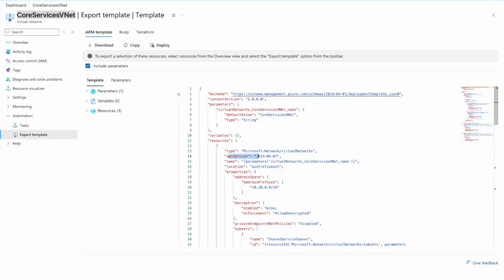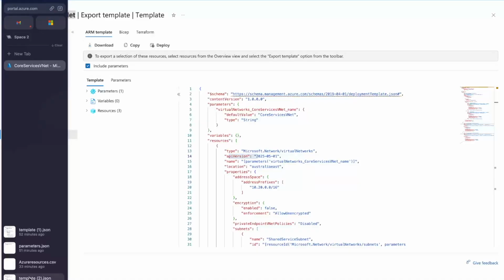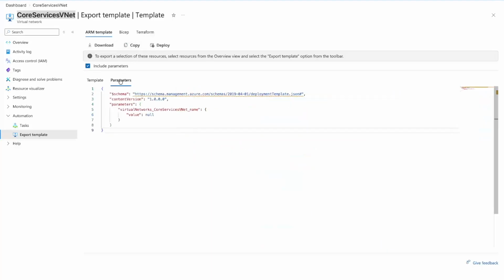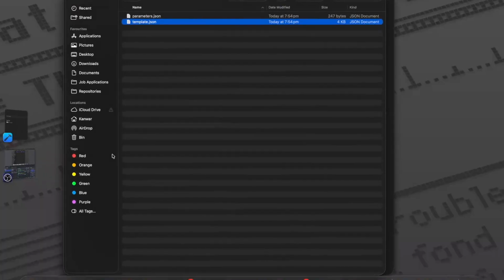Just the resource is going to change. Instead of a virtual network, you might have a virtual machine or anything else, whatever you might be trying to deploy. So what we're going to do is go ahead and download this. And we can see that we downloaded one. And then the same way, we're going to go up to parameters over here, and download this as well. Great. Alright, so these are the 2 files that we downloaded,